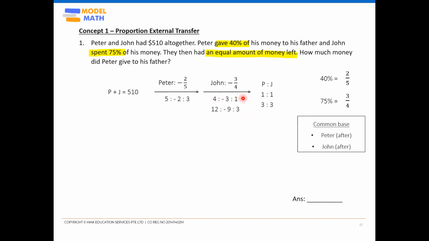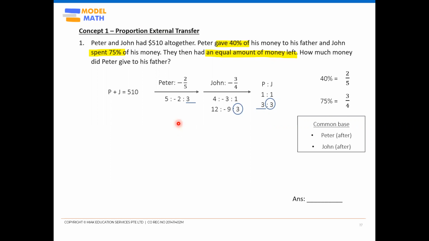Okay, and then check back for Peter. Was it affected? Peter was 3, 3. Okay, no change, not affected. All right, so finally we can underline and circle our common base. Underline and circle is just to differentiate the 2 pairs of common base. So Peter, 1 pair, John, the other pair. All right, so now that we have identified both pairs of common base,